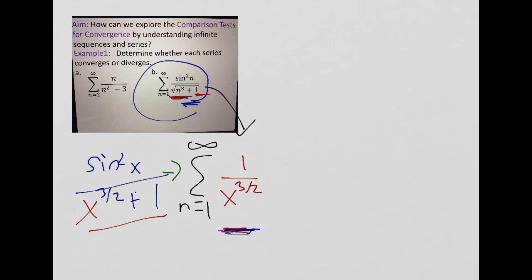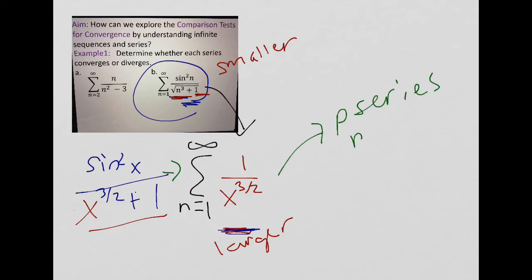And if pi over 2 doesn't make sense for you, you can pick other angle measures to see if that works as well. But the denominator would be bigger, making this expression the smaller one, and this one the larger one. So now let's take a look at whether we can determine if this series converges or diverges. All right, so this is not a geometric series, but it is a p-series. P would be equal to 3/2. And because P is equal to 3/2, which is bigger than 1,